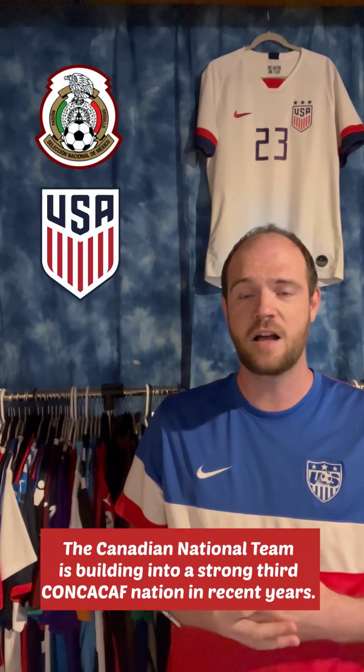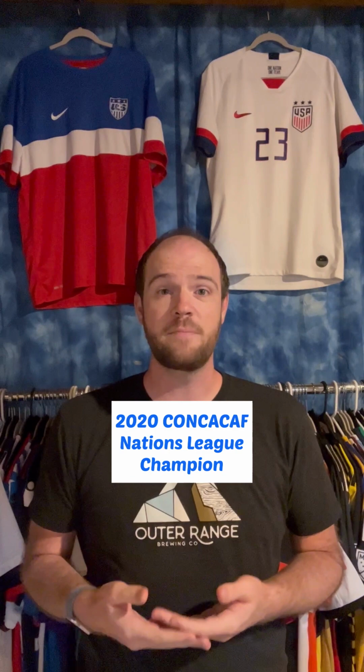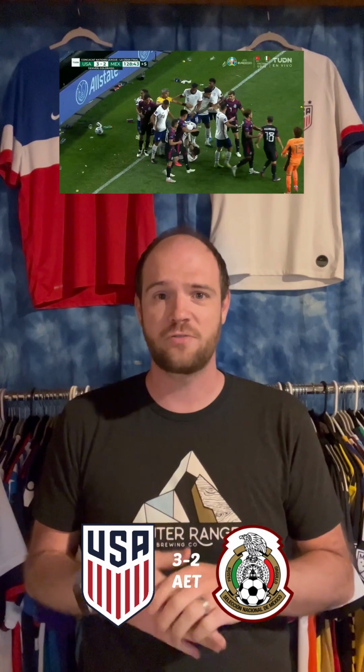Along with Mexico, the United States are the two powerhouse giants in the CONCACAF region. They've taken 7 Gold Cup titles, that being second only to Mexico's 11 across the CONCACAF Championship and Gold Cup eras. Additionally, they won the inaugural Nations League here in the CONCACAF region, defeating Mexico in the final here in Denver after a thrilling match which saw many bottles thrown onto the field after the winning goal by Christian Pulisic